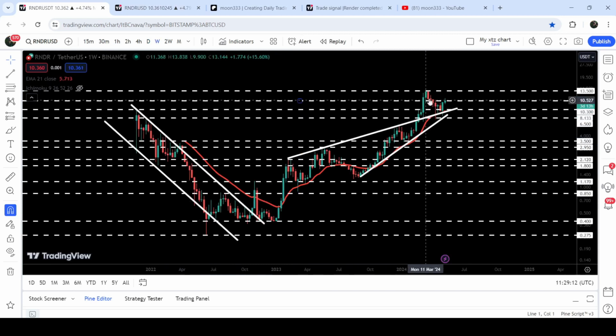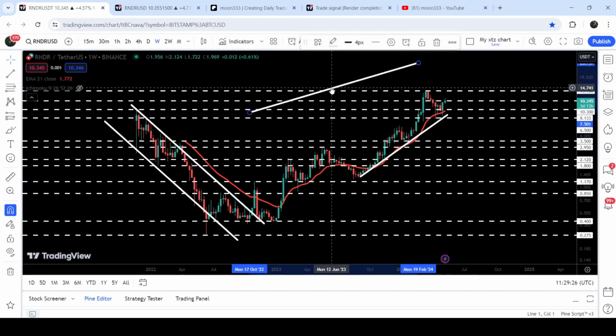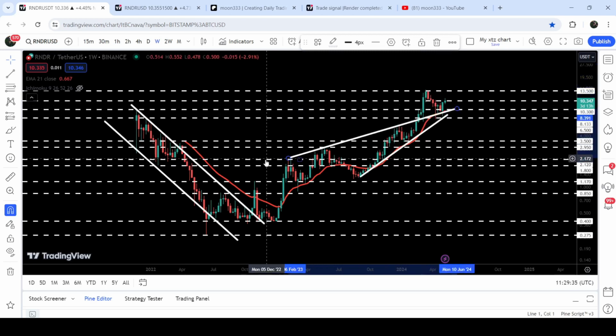And on a 7-day time frame chart, you can see that first we broke out this down channel, and after that we had a very massive rally. And during this rally, we have also broken out this very massive resistance of EMA 21, the exponential moving average 21, that is now working as a support. Even at this time, it is also working as a support. You can see that the price line is getting accumulated above this. After some price accumulation, it is now geared up above this support of EMA 21. And at the same time, we have also broken out this big rising wedge pattern, and after the breakout, the price retested the previous resistance of the wedge as a support, and now it is geared up and trying to break out this resistance of